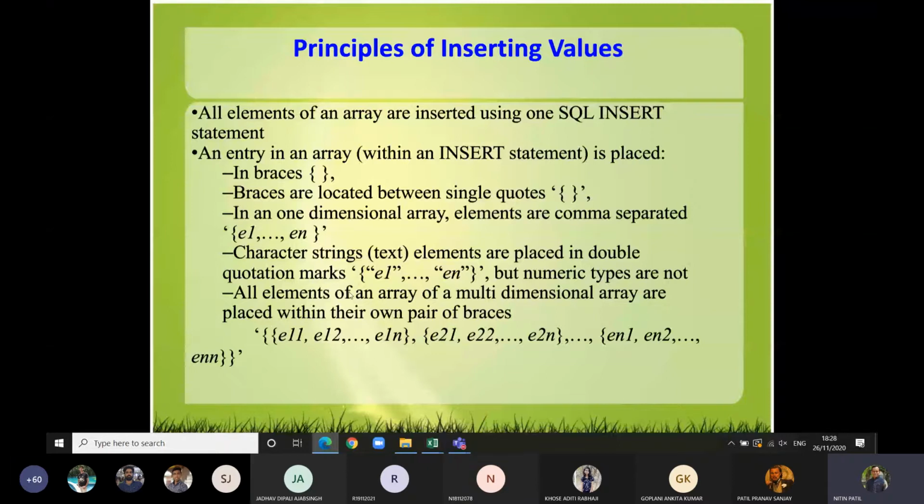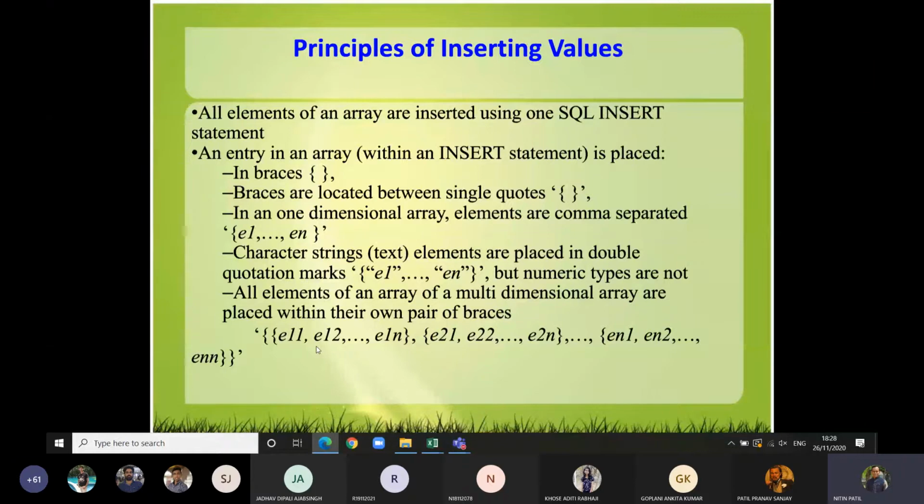Fine. And if it is a numeric type, then you are not to make use of either of them. If it is text or string, then you are going to make use of double quotes. But if it is a numeric type, then you write it directly the way that we already added it. Now all elements of a multi-dimensional array are to be placed within their own pair of braces like this. So you will see one example of it.